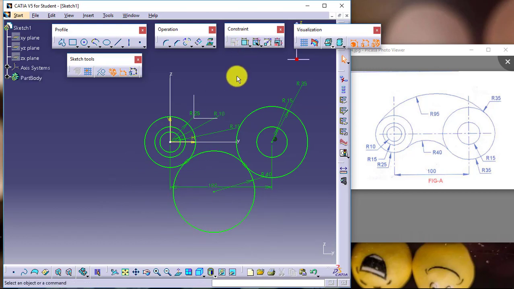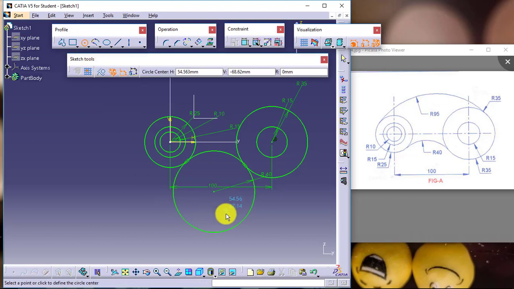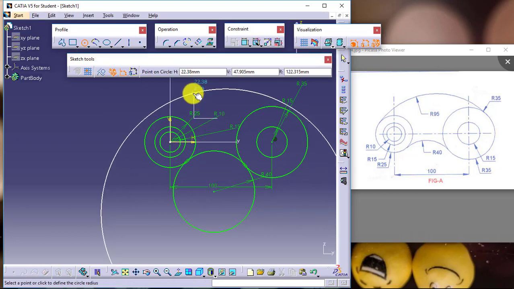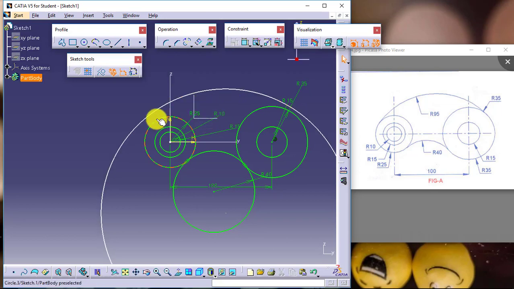This is a very easy way, because if you create an arc and the arc is a bit shorter, then it will create problems again. But if you have a larger object like a circle, then you can trim the rest. It will be easy for you. Another circle I will create like this, so that it will be easy for me to apply the tangency there.